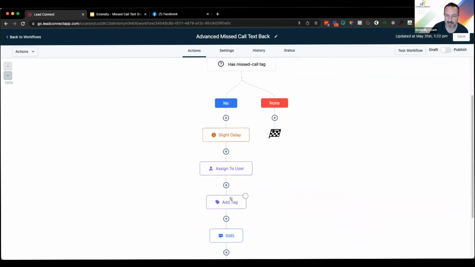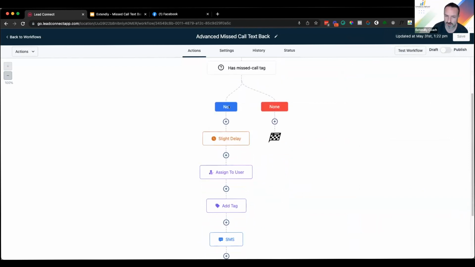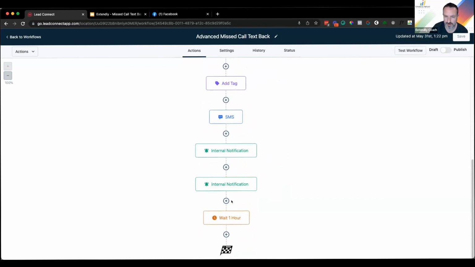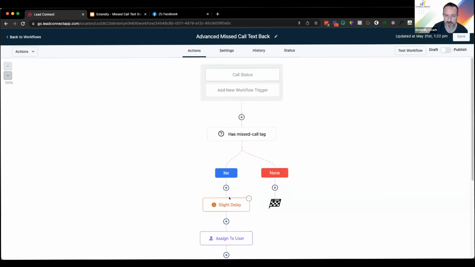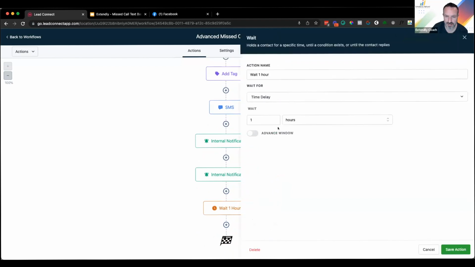Because we've added that tag here. So the first time they come through here, it's going to check, hey, do they have this tag? No, they don't. Okay, let's fire this off. We're adding that tag here, and then we're doing the rest of the workflow. So if they were to call back again, and then let's say we just had like, let's